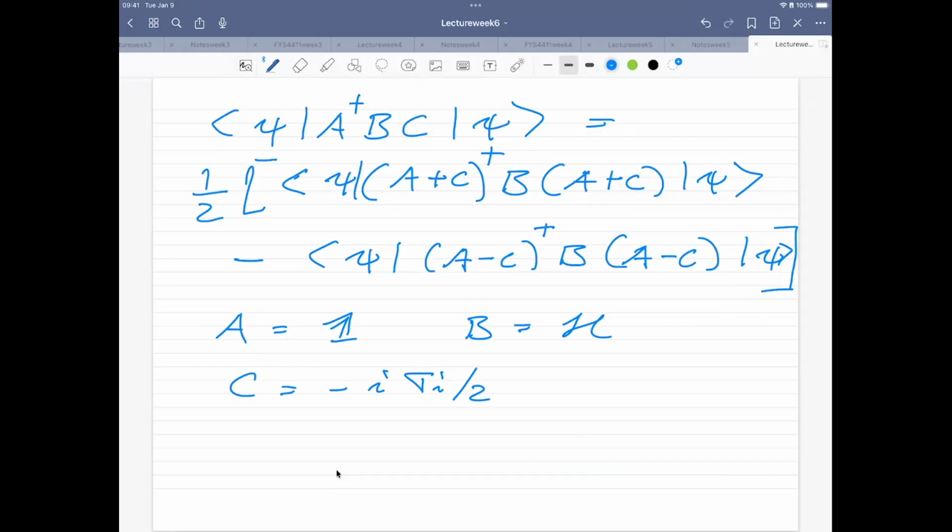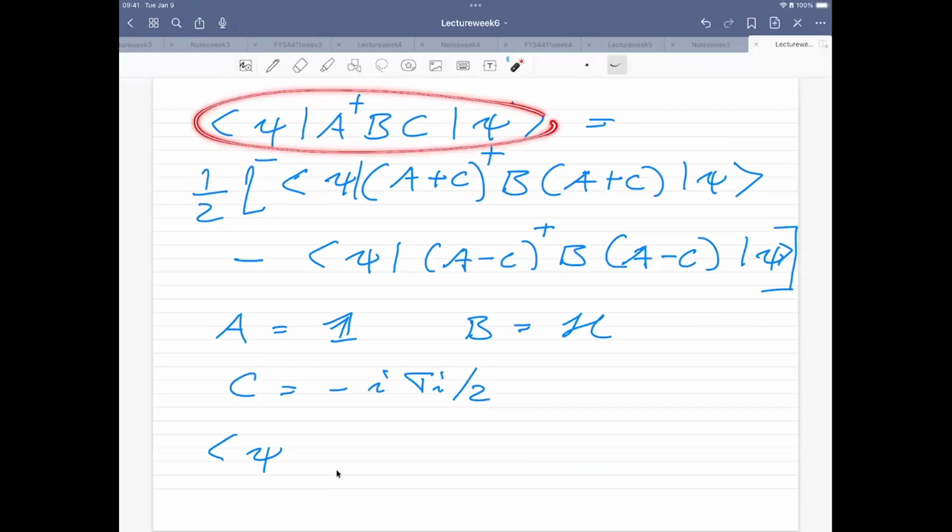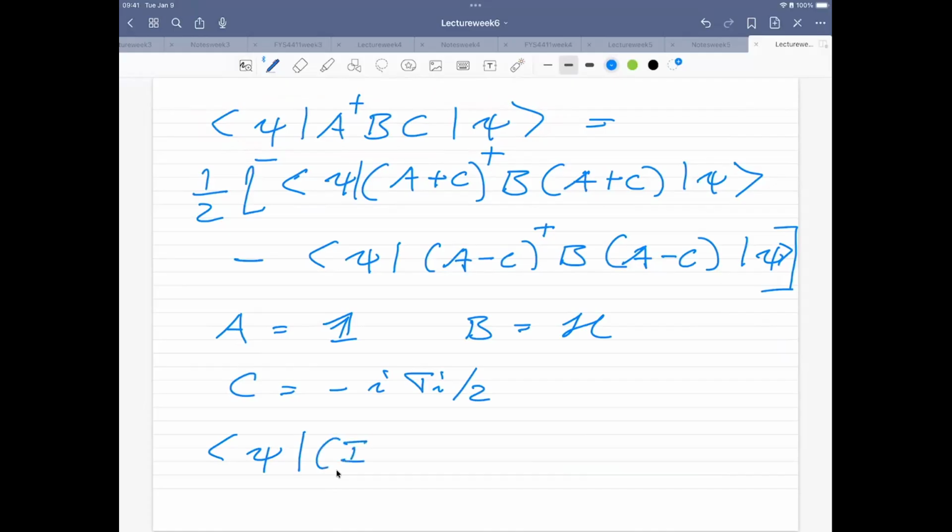If I look at the term which we have here, if I now plug in these expressions, I have a psi, and then I'm going to have the identity matrix plus i divided by 2 times sigma i. And then it's acting on the Hamiltonian, and this is multiplied with the identity matrix,